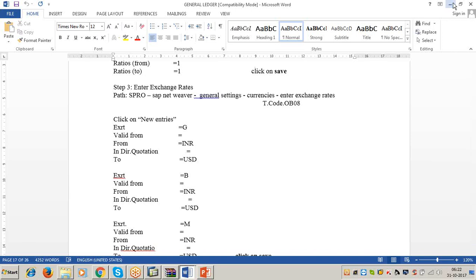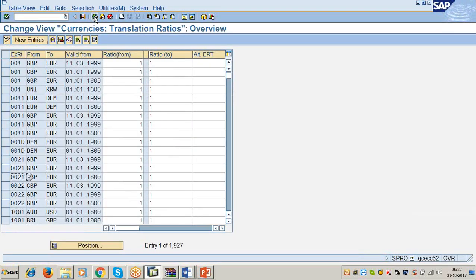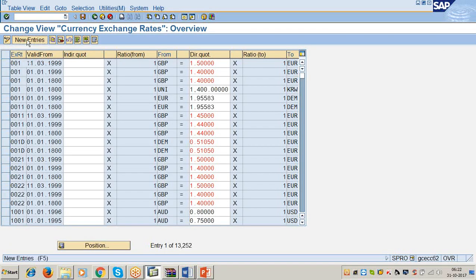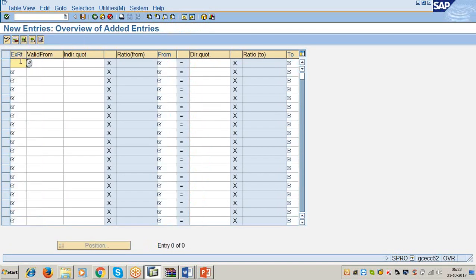Path is same as above. Here we are entering the rates manually. Click on new entries, and those who are doing the practice with US company code, first write down. Exchange rate type is equal to G, that is bank buying rate. Valid from 31/10/2017.